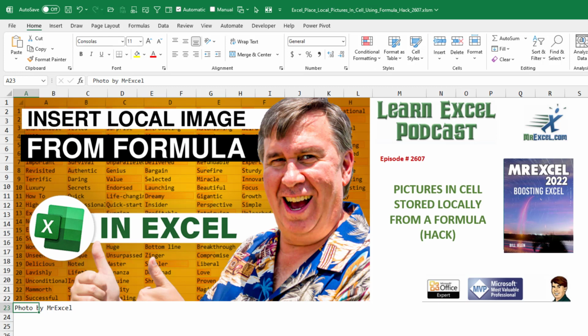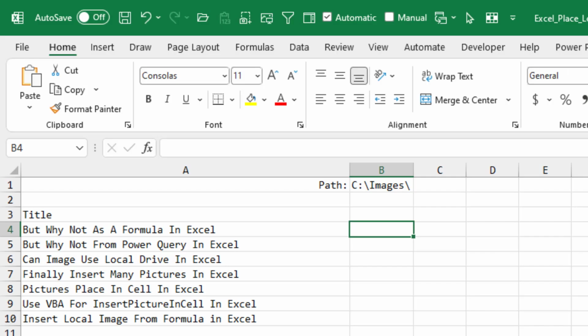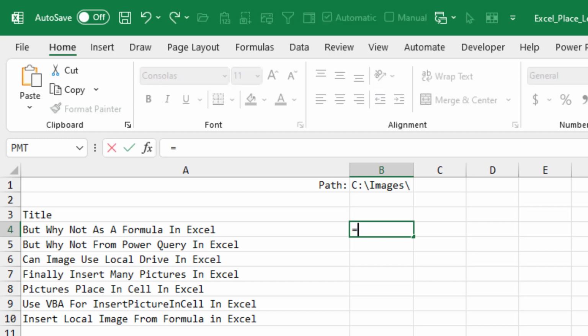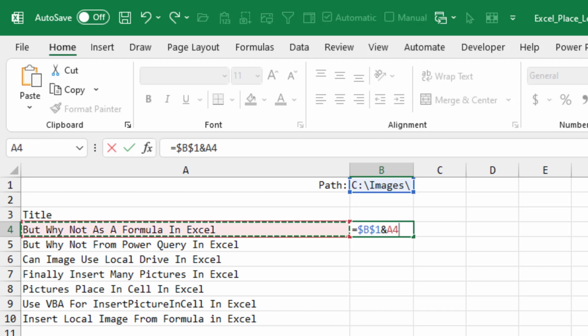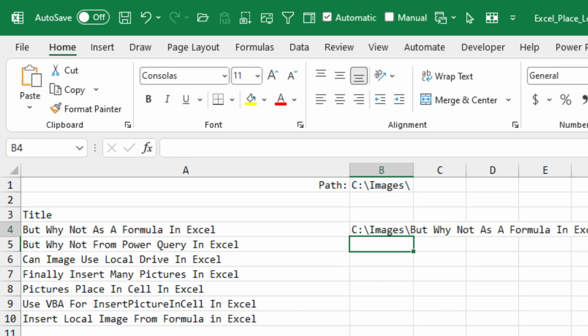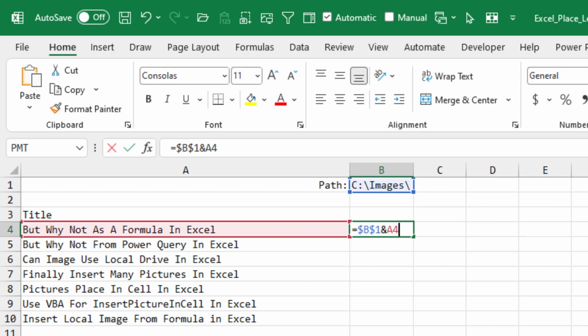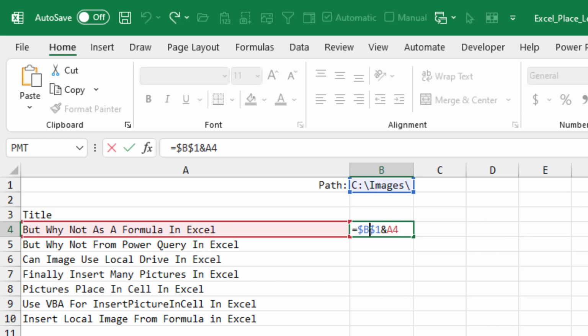that picture is stored locally instead of on the web. We all know when the image function came out, it allowed us to take an image from a website and bring it into Excel. And a lot of people said, boy, this would be really great if we could do it with images on our local hard drive. You know, there's a lot of times where we might want to just build a path to an image. So for example, I have a folder up there, and then I want to join in the name of the file. Okay, but let's see, there's a few things we have to do.